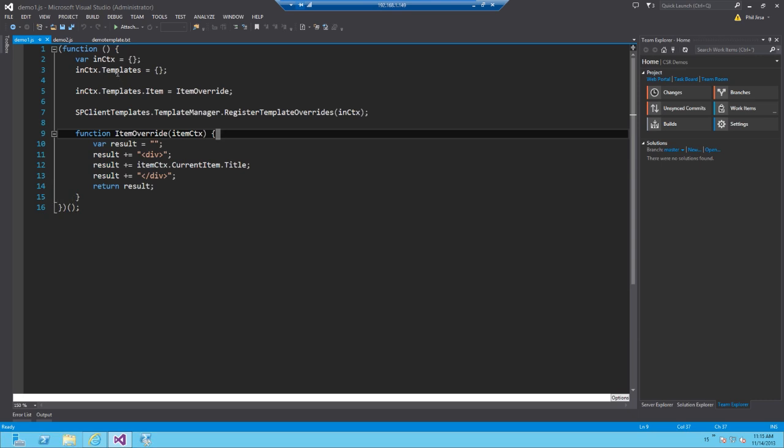So the first thing I do is create an empty object that will contain a templates property, and by using that templates property, I can choose which specific CSR templates I'm going to override for this list view that we'd like to customize. In this case, I've got an item override, and I'm specifying the name of a function that will be called